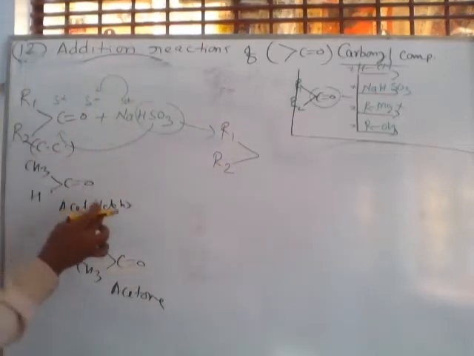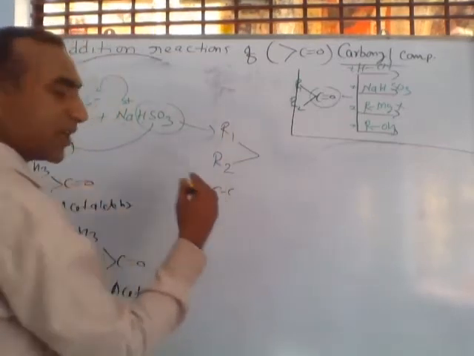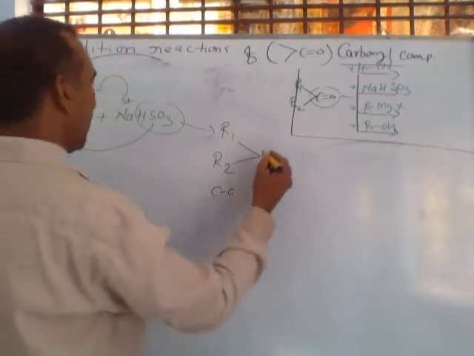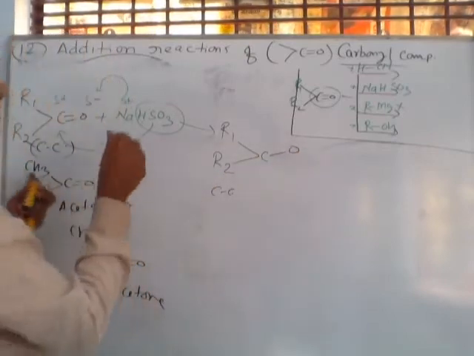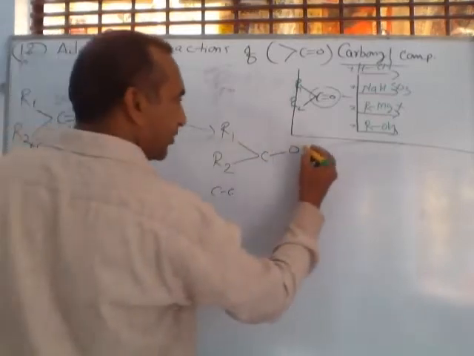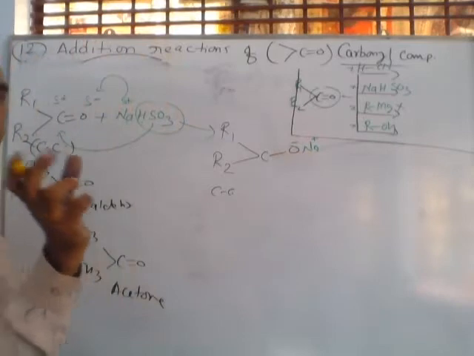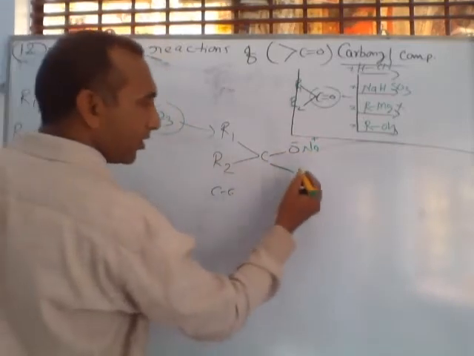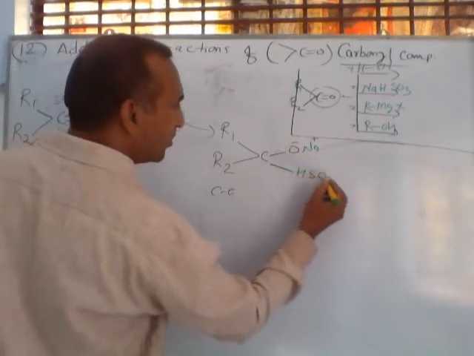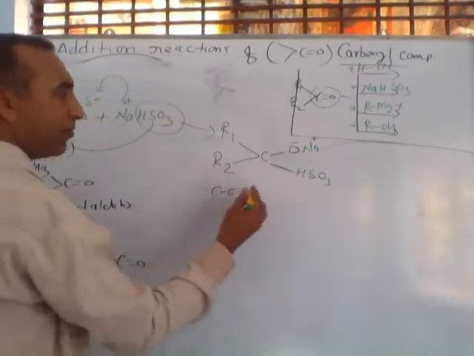You can say acetaldehyde, acetone, etc. So this is called CC, meaning carbonyl compound. Here, the sodium metal, which is positive, reacts with oxygen and forms this type of ionic compound, along with sulfur. So the bond is of this type, and this bond is directly connected with sulfur. So this compound is called